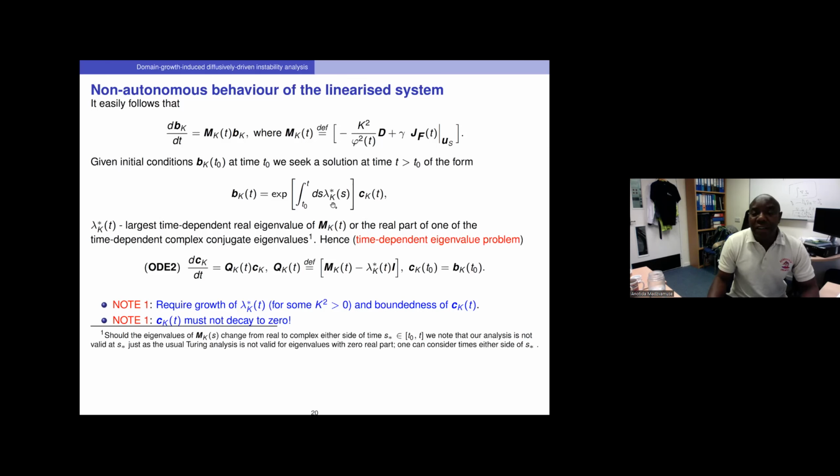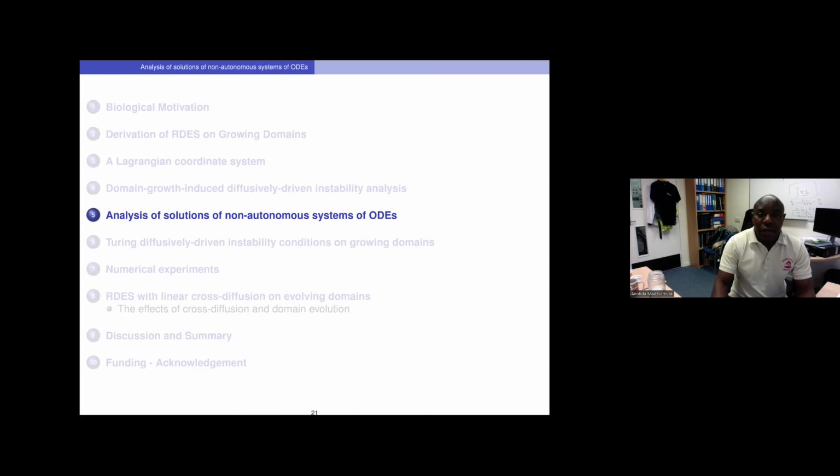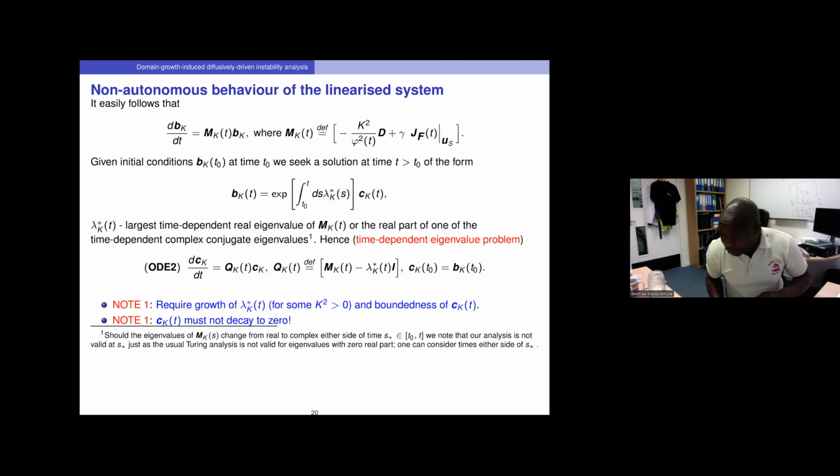In order to get patterning, we need this lambda k, the real parts of this, to be positive for some k wave numbers. Yeah, we need this to be positive in order to get exponential growth that will give rise to pattern. Okay, so given that I'm already running out of time, I will not go through the analysis, but we can show, and this is important, I'll show you just on the fly, we can demonstrate that there is exponential growth